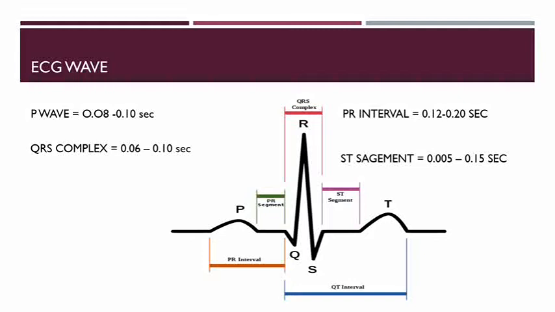This component is important in clinical practice because via this component we detect whether the patient has myocardial infarction, myocardial ischemia and hypoxemia. Then T wave denotes ventricular repolarization. Repolarization means the relaxation phase, so it stands for ventricular relaxation. The QT interval is from the beginning of the QRS complex to the end of the T wave, which usually takes 0.20 to 0.40 second. So this is all about the ECG components and their duration.